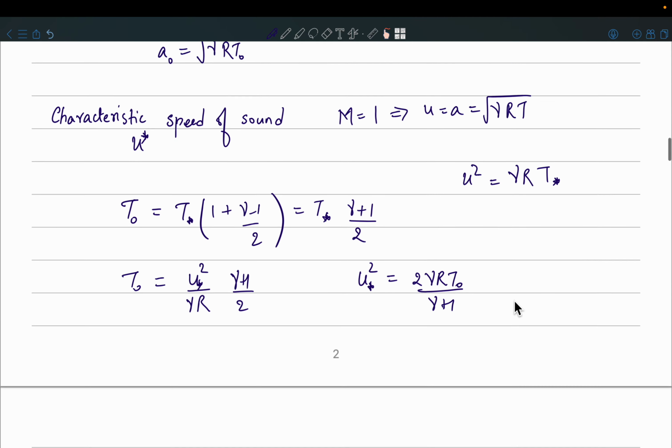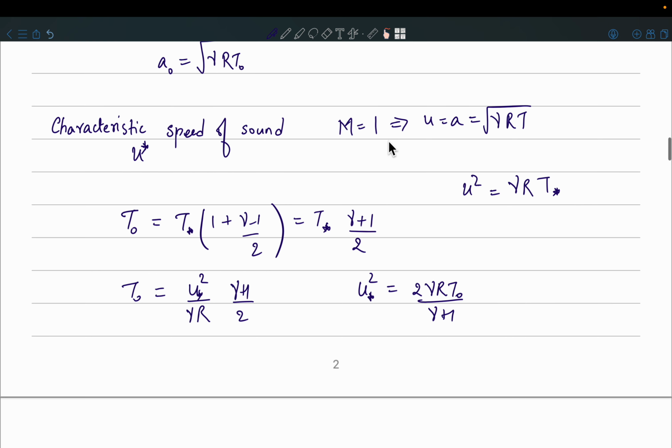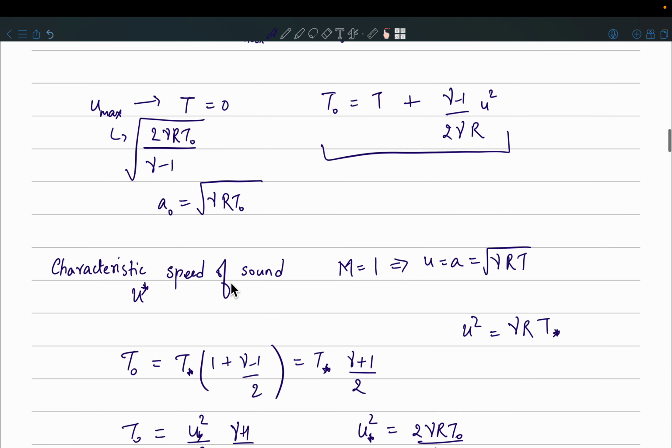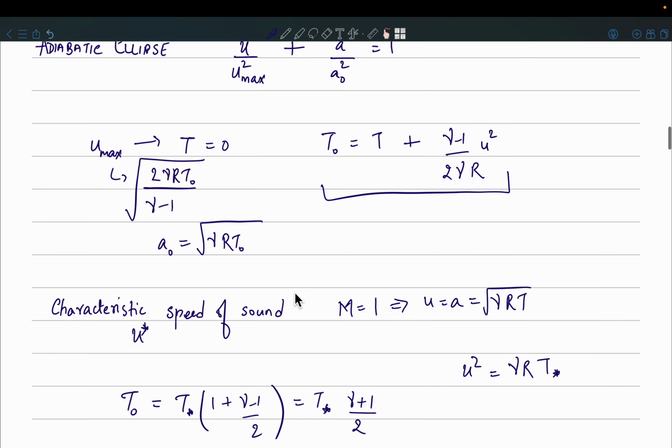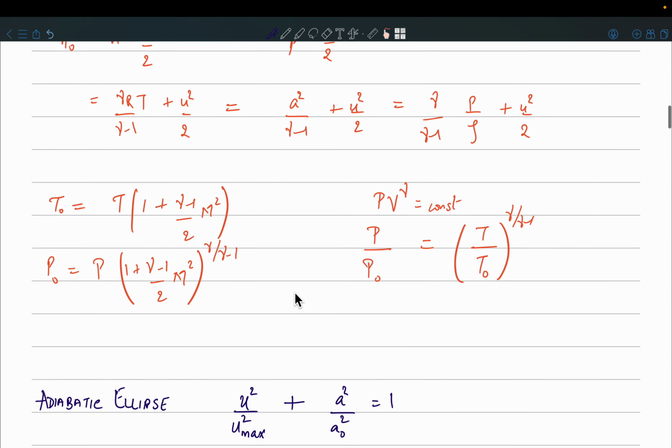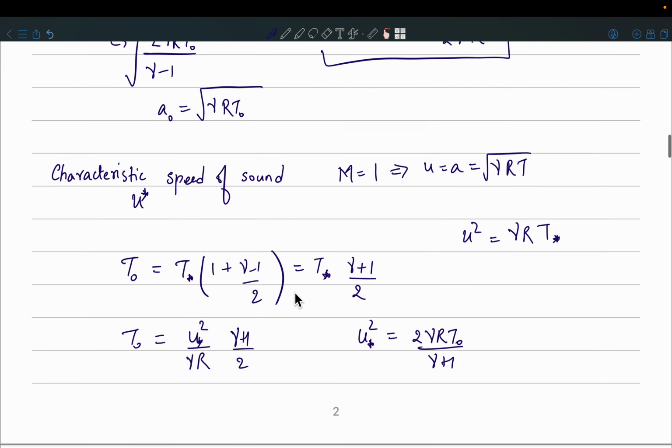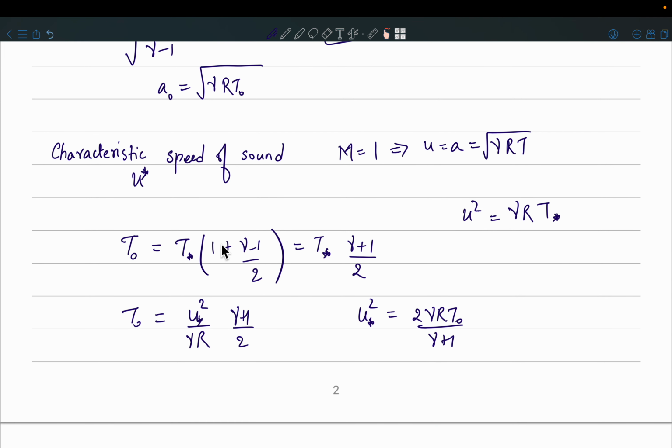No. This is relative to your frame of reference. But see, there is a difference in characteristic speed of sound and stagnation system. Here I have not assumed any stagnation relation, right? Yeah, but